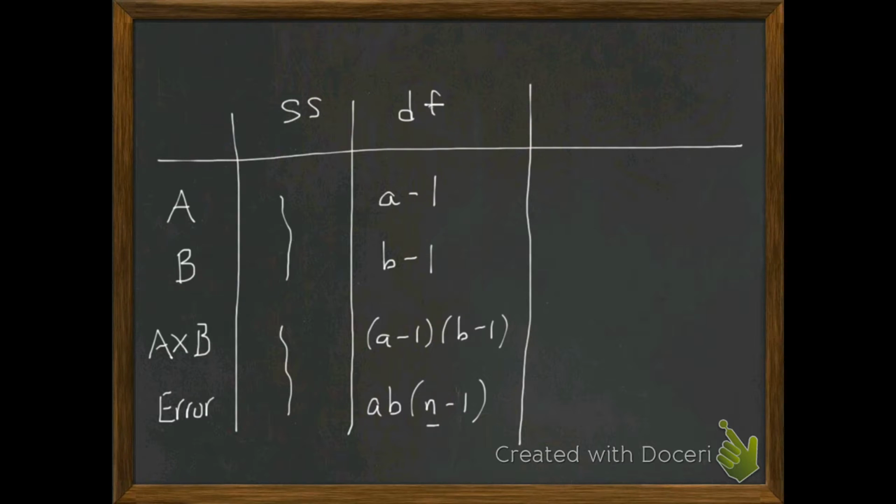Well, guys, you should know from there that the mean square term comes in next. For example, this would be calculated by taking the sum of squares for A divided by the degrees of freedom for A. And it's obvious the mean square for the others would be calculated the same. Now, when we get into the F calculation,